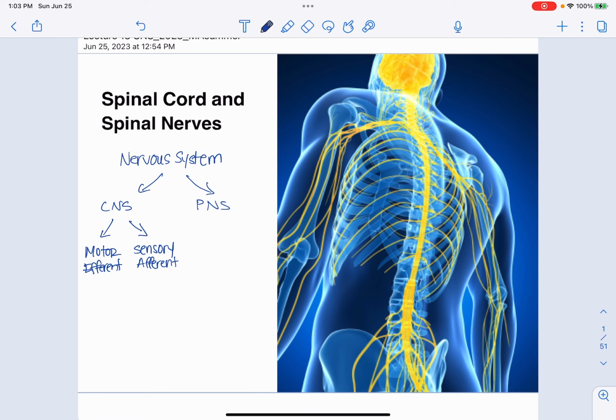And then from the motor pathway, we can take more branches and go via the somatic and the visceral. And remember, what somatic is with motor is that we have control over it. So that is skeletal muscle. And then visceral is what we don't have conscious control over. So that would be cardiac or smooth muscle. And that would also lead us to the autonomic nervous system, right? That's the branch that we don't have conscious awareness of. And we'll touch on the autonomic nervous system just a little bit, but you'll mostly get a lot of that